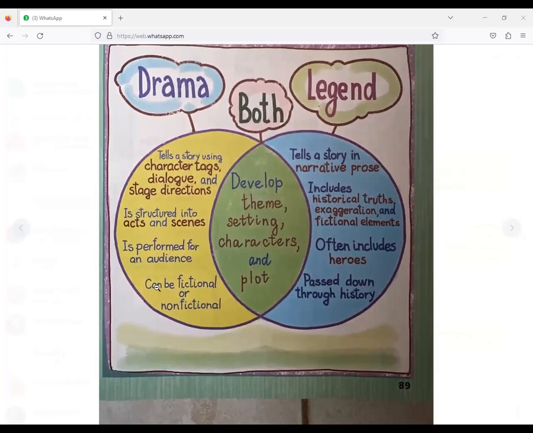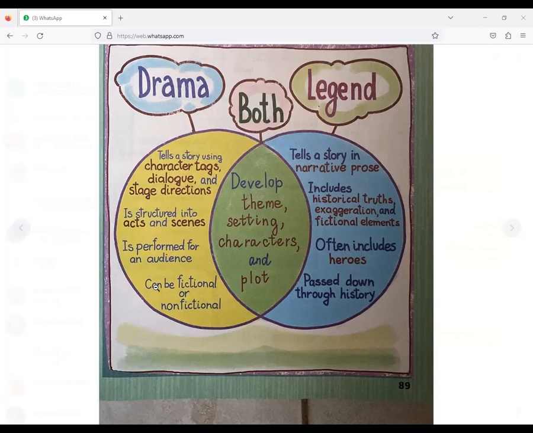The play can be fictional or non-fictional. Let me tell you this. A play may be fictional. It talks about unreal things, like for example witches, or life on Mars. Or, for example, it talks about a monster with eight heads. So is this fiction or non-fiction? Fictional. Yeah, this is fictional.